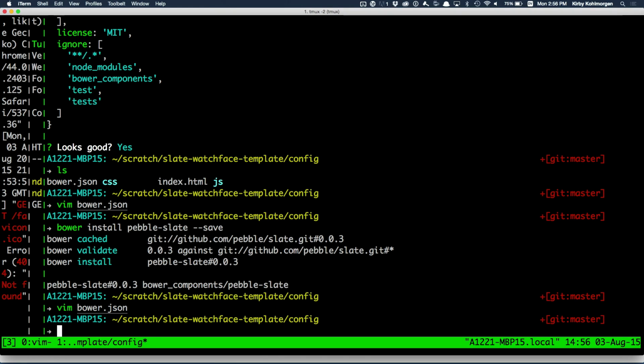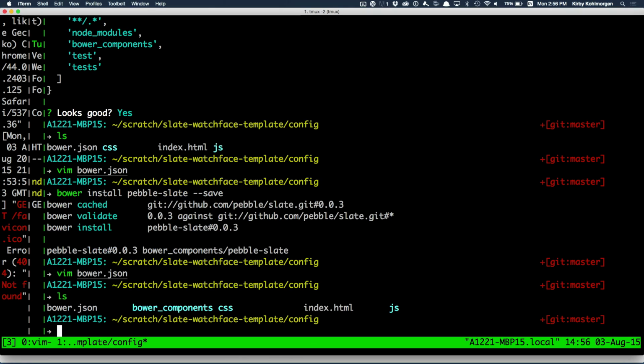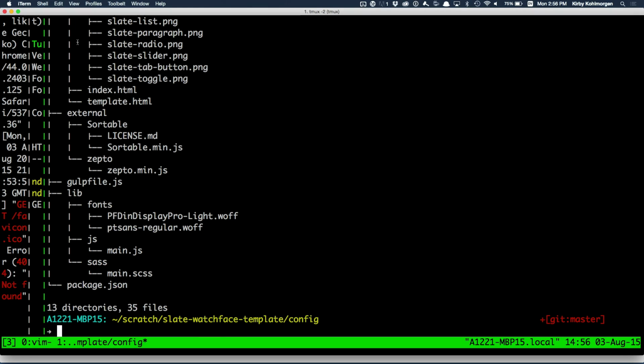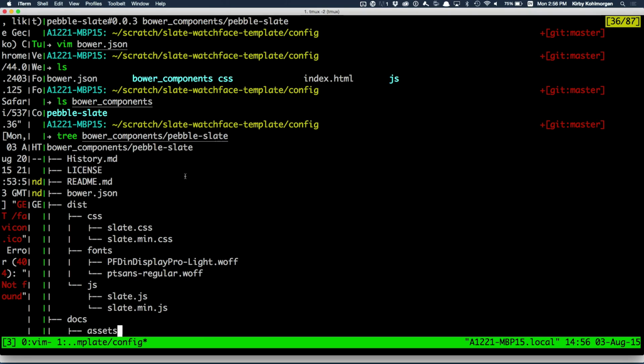Just something that's really handy to know about. So now if we ls the directory, we'll see there's a new folder called bower components. And inside of bower components, there's a new folder called pebble-slate. And if we look at bower components, Pebble Slate, you can see that this is actually just the Git repository